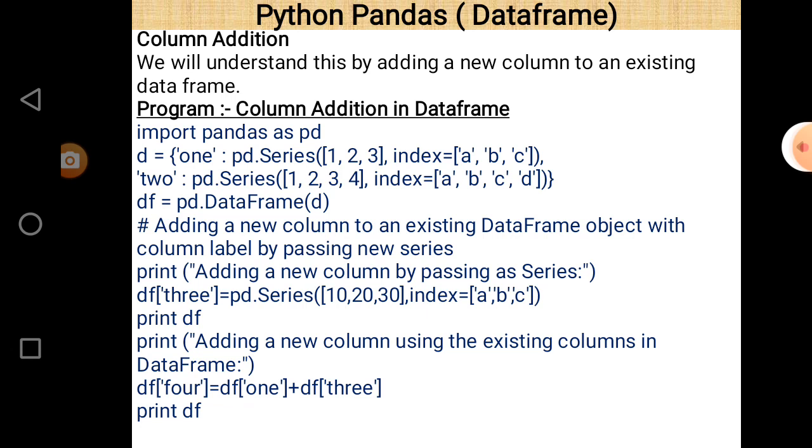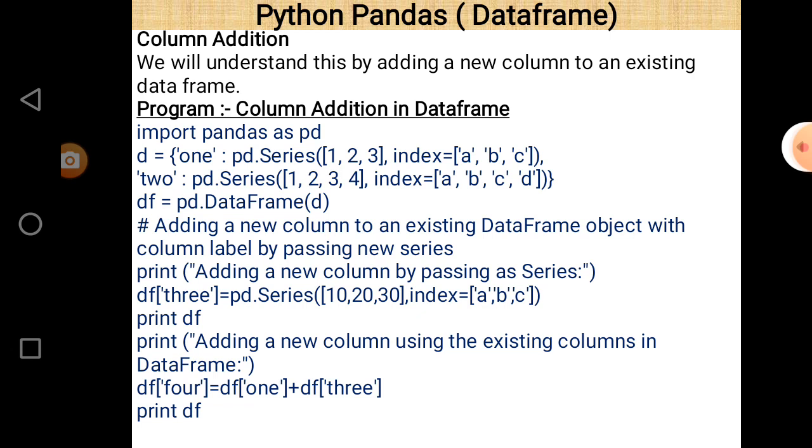After that, adding a new column using existing columns: in the second last line, df[4] = df[1] + df[3]. So actually it adds two columns 1 and 3, and the name of the column is now 4. So 4 is the name of a column which contains the addition of columns 1 and 3.